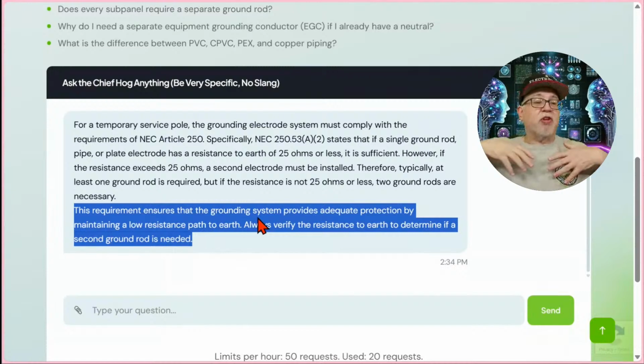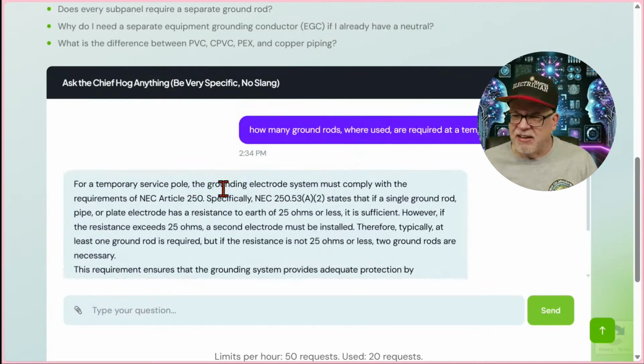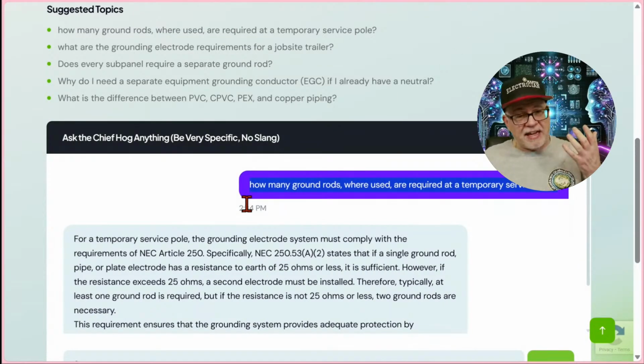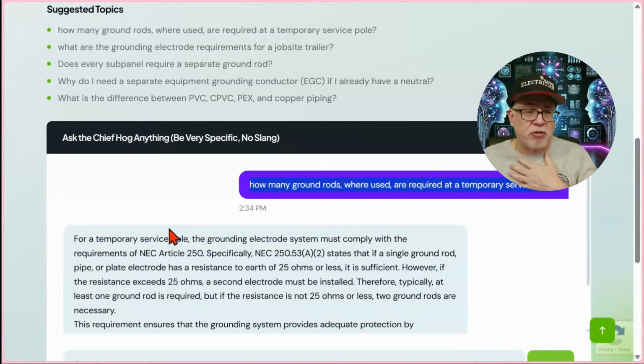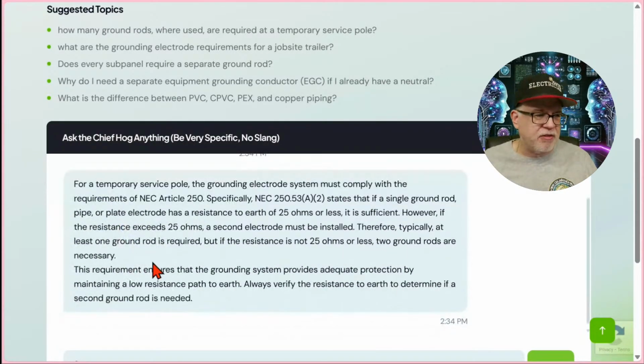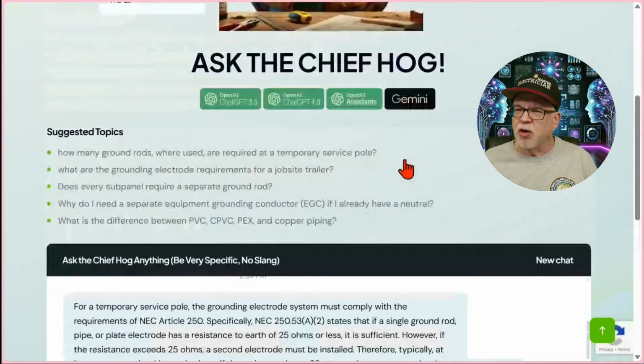So there you go. It answered the question accurately, gave you a lot of additional detail, gave code references. That's what's important. Okay. So now I asked the same question just so you can see how this works. Where everybody says it's exactly the same. Now I would expect a similar answer from the Office Hog, but it should be formatted a little different, because here we're trying to give it quick and to the point for you to use it in the field and give you code references so that you can go look this up in your code book. That's the point. But if we go to the Office Hog,